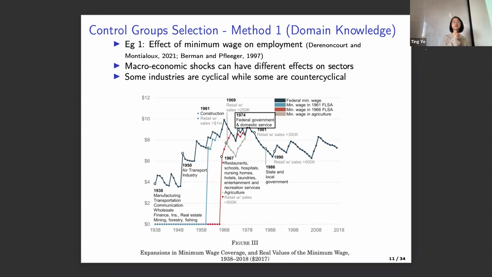modestly positively correlated with the business cycle. Then we can find two control industries. One is strongly positively correlated with the business cycle, like construction. And another industry, including the hospitals, nursing homes, and agriculture, which are known to be negatively correlated with the business cycle. Then based on this interactive fixed effect model, we know that lambda A, lambda B, and lambda treated are ordered. Then we know these two control groups will bound the counterfactual outcome path for the treated group.